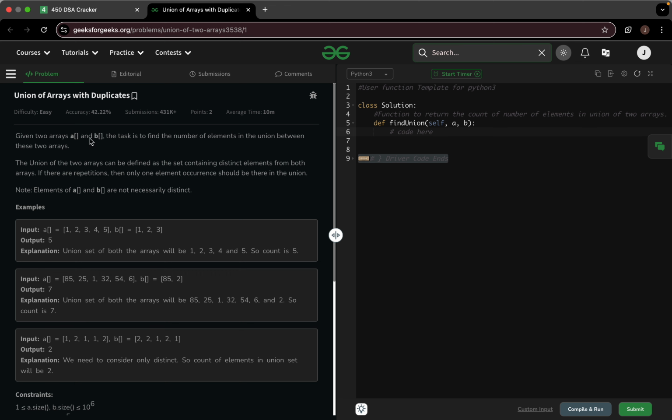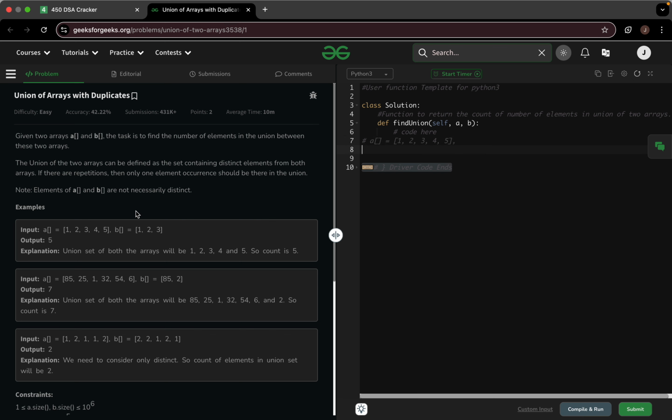given two arrays A and B, the task is to find the number of elements in the union between two arrays. The union of two arrays can be defined as a set containing distinct elements from both arrays. If there is repetition, then only one occurrence of the element should be there in the union. So for example, if array A is this and array B is this,